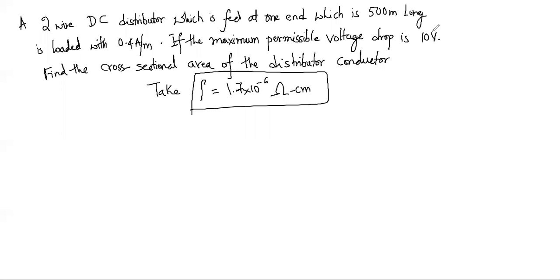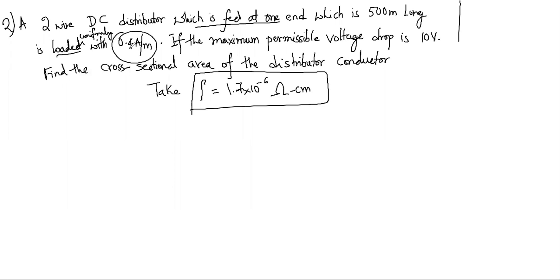Again, this is the second problem. What we have here is a DC distributor which is uniformly loaded. I should have included uniformly. So, a two-wire DC distributor which is fed at one end, which is 500 meter long, is loaded uniformly with